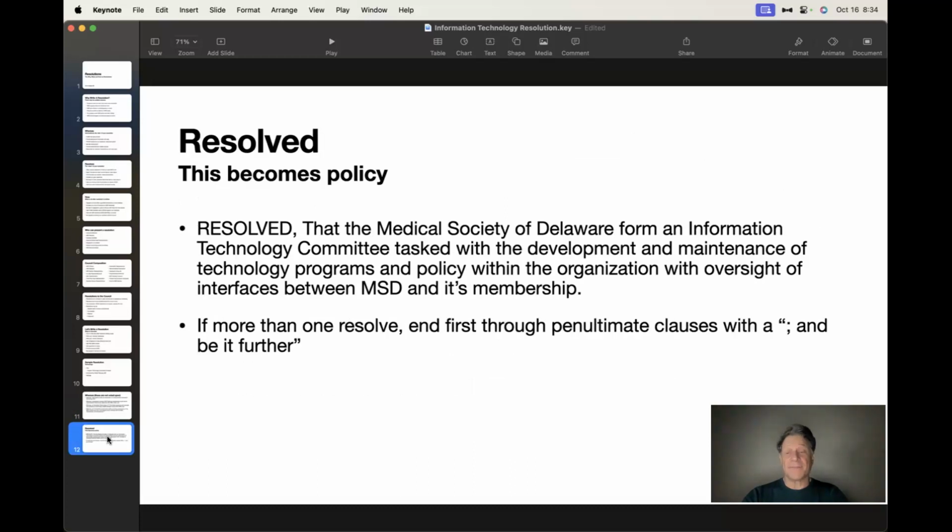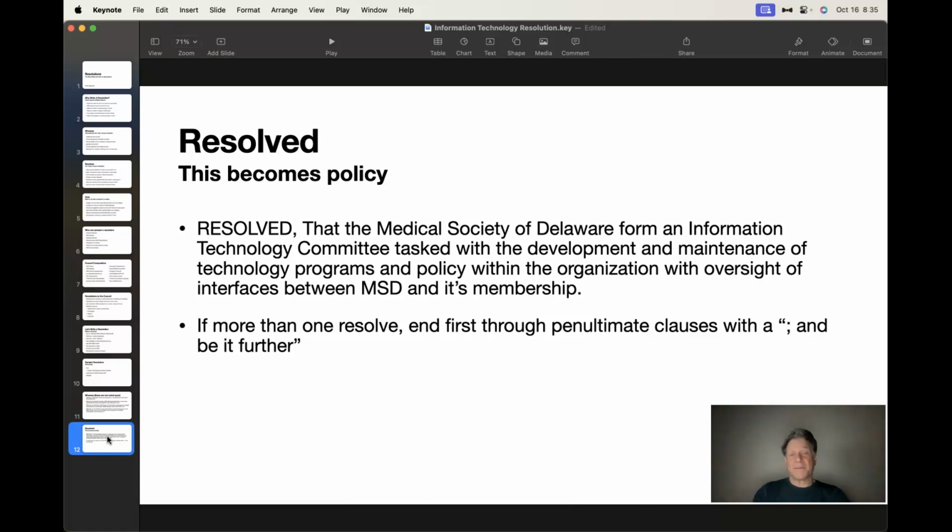And then the resolve. The resolved, again, this is what becomes policy. And this is the format that it needs to be in, resolved, comma, and then the statement. In this particular case, that the Medical Society of Delaware form an information technology committee tasked with the development and maintenance of technology programs and policies within the organization with oversight of interfaces between MSD and its membership.